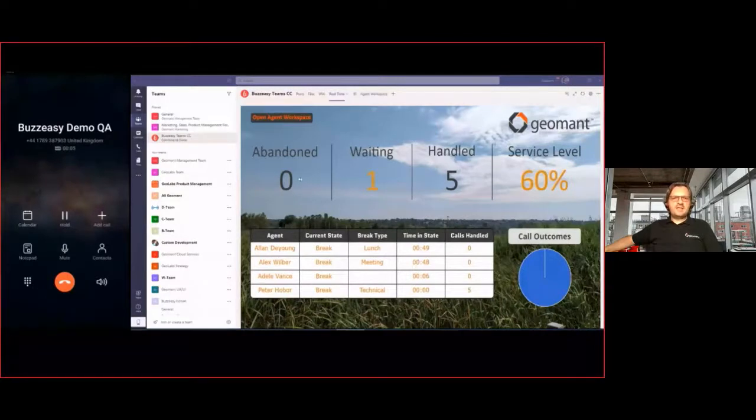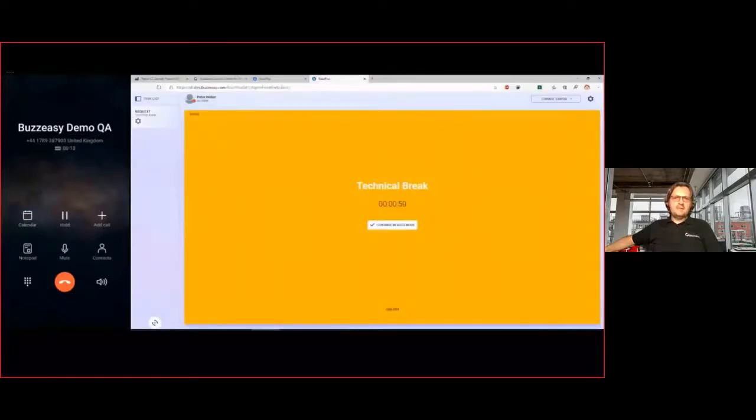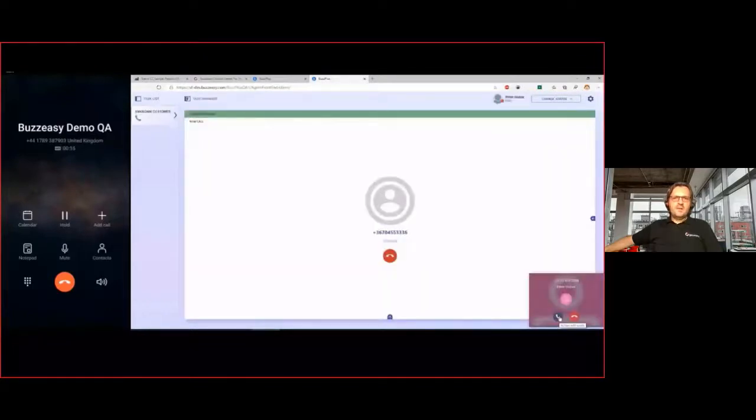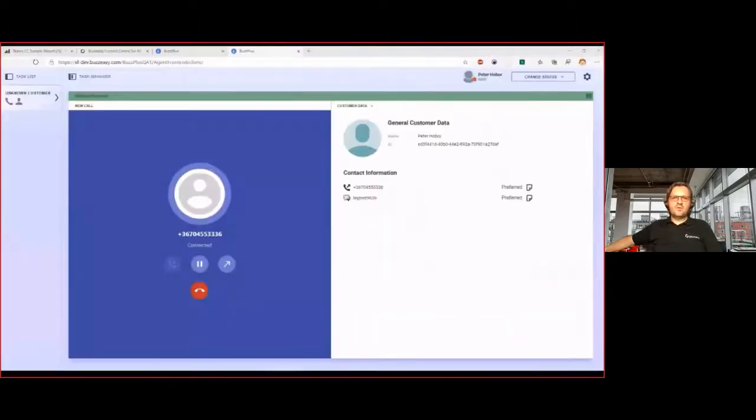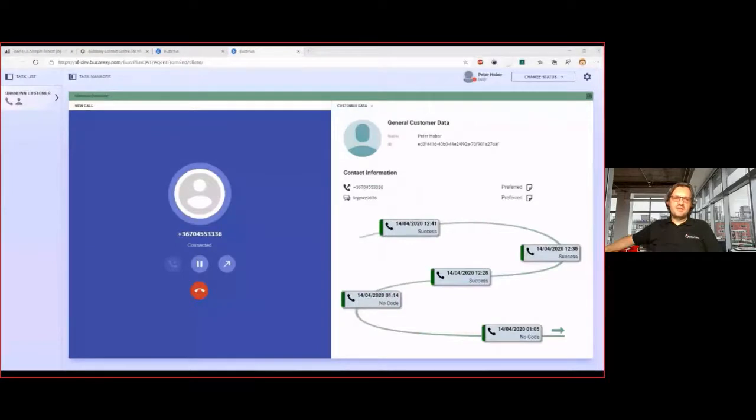Yep, it connected, and there is one customer waiting at the moment, and that's me from my mobile. And let me just go back to the agent interface, change myself to available. And as you see, immediately popped up the window, and we see both our user interface showing the incoming call, and there was a Teams toast as well. At the moment, Teams does not allow programmatically answering the call, so that's why you cannot answer within our application. You can answer on your headset or on your Teams client itself.